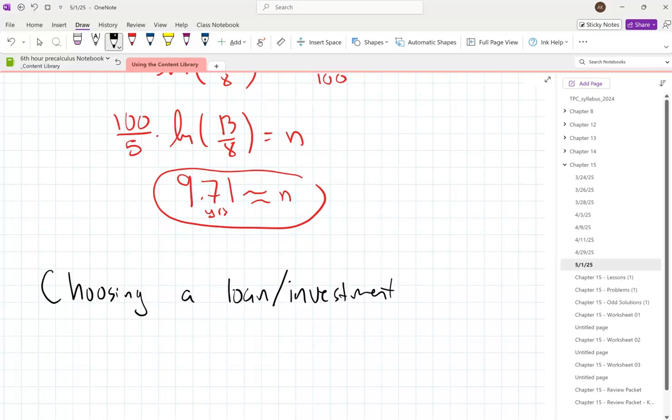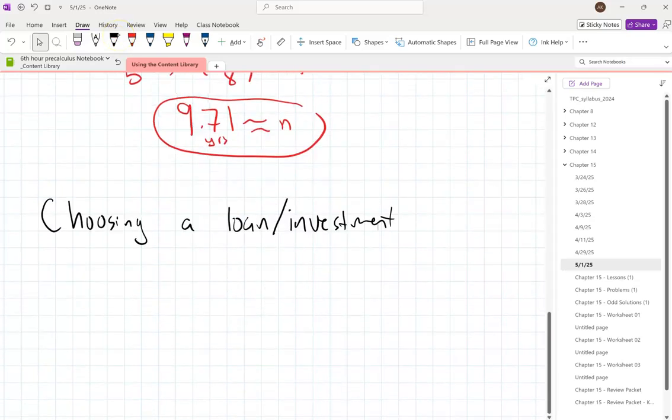At first glance, it's really difficult to tell which would be the better option. Like this interest rate compounded this many times, or this other interest rate compounded a different number of times. That's not obvious, which one would be the better option for us, and something that's potentially thousands of dollars or more, it's really important that we make a good choice here. So one way that we can tell the difference is using something called an APY,